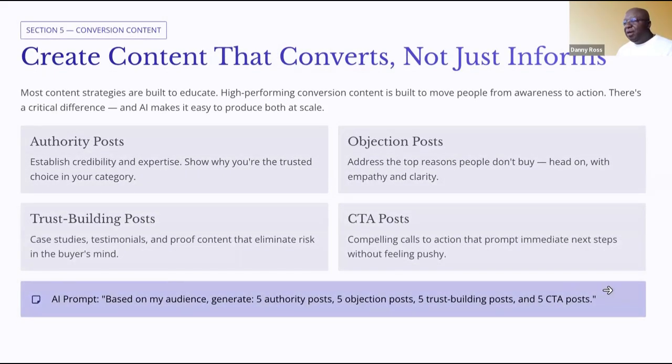All right, based on my audience, this is the fun part. Our goal is real simple. We want to create content that converts. These are the things we've talked a little bit about before: authority posts, objection posts, trust building posts, and then call to action posts. You do these in a sequence, and you run them in the least expensive way possible, whether it's LinkedIn posts or Facebook posts. These are free effectively, and you can post these in a sequence.